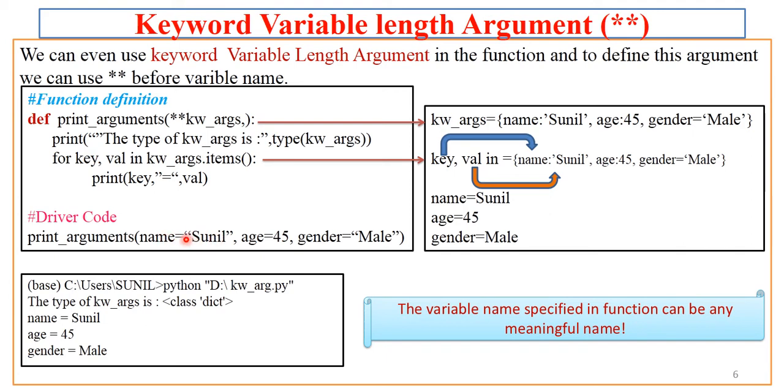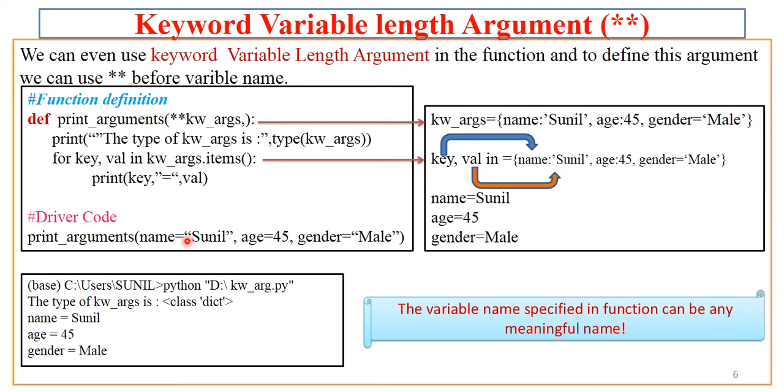It is something like a name-value pair, so it is like a keyword argument. But how many arguments have I passed? A variable number of arguments. I passed 3 arguments, but I may pass even 5 arguments, 10 arguments, 100 arguments, or 1 argument. Each of them is a keyword argument, and these are variable length arguments, which means the number may vary.